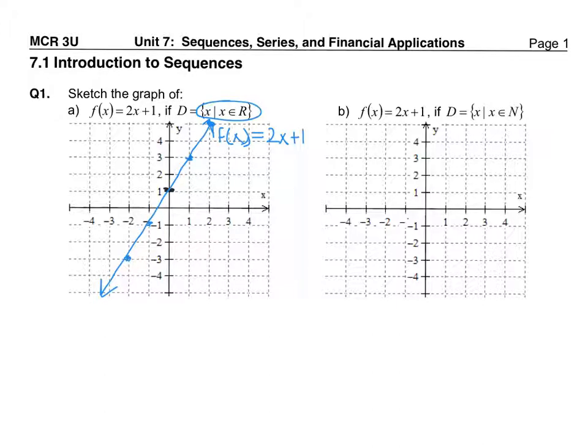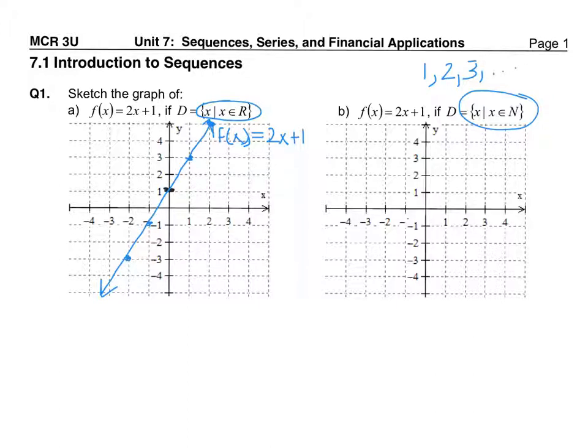Okay, part B is similar, except the domain is different this time. We're just working with the natural numbers, and we know the natural numbers are the ones we learn first when we're learning our numbers. So they're the numbers like 1, 2, 3, and so on. They're the numbers we first learn when we're learning how to count. So if we look at our graph, we don't want to include any value of x except where x is